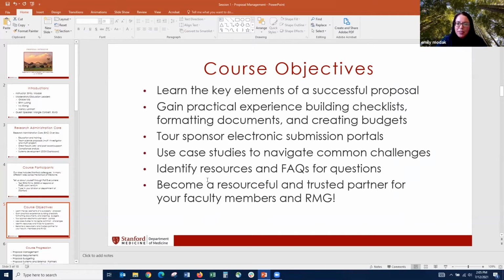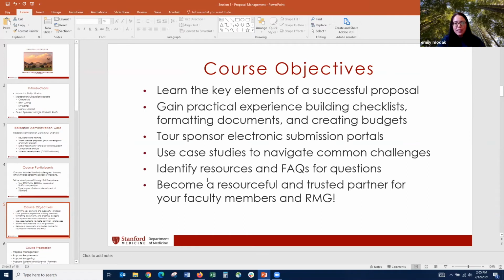We want to gain practical experience with things like building proposal document checklists, how to format them, how to look up the formatting requirements, how to create budgets. We're going to take a look at some of the sponsor electronic submission portals because, of course, you can't just have one. Each sponsor has their own portal and it has its own unique personality. So we will take a look at a few of those. We'll use case studies to navigate common challenges. We will have breakout sessions and homework assignments, so you have a chance to do things in a group and